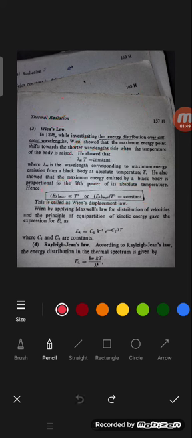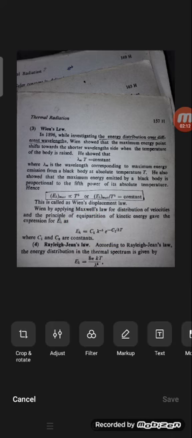This is the equation for the equipartition of kinetic energy when we apply the principle of Wien's law. E lambda is equal to C1 lambda power minus 5 into exponential of minus C2 by lambda T, where C1 and C2 are arbitrary constants. This is Wien's distribution law if we apply the kinetic energy partition.